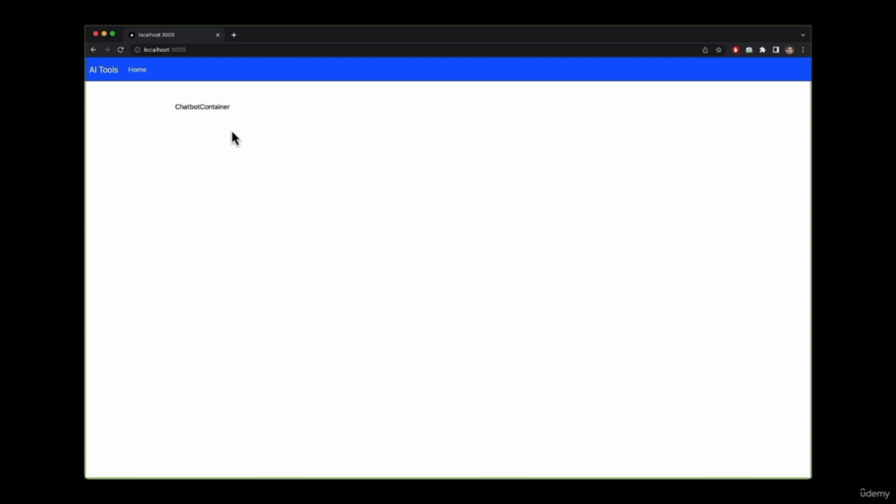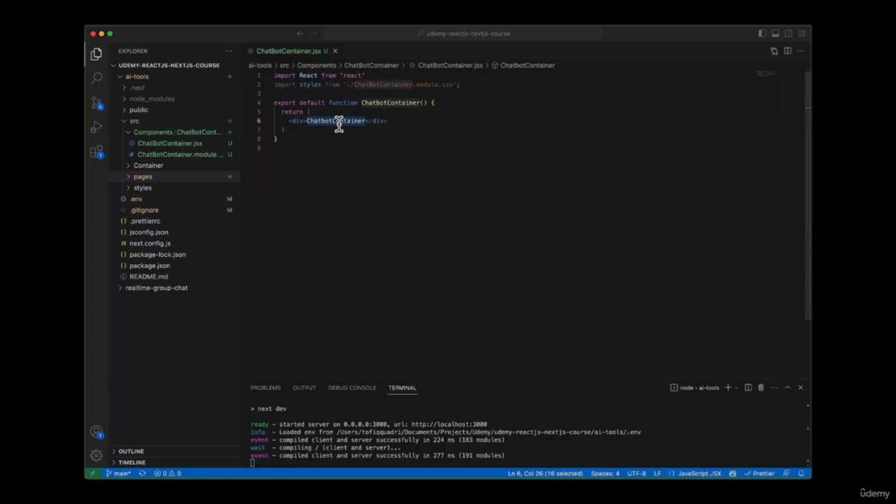In order to create our UI, let's first remove this default text, and on our div we'll create it as a container. We'll give it rounded top in order to make border radius from the top side. And inside this container we'll create our header first. So let's create a div for it. And we will also give it a class name, and we will give it padding of 2 from all the sides. Also we will give it padding of 3 from left and right. So let's give it px3,